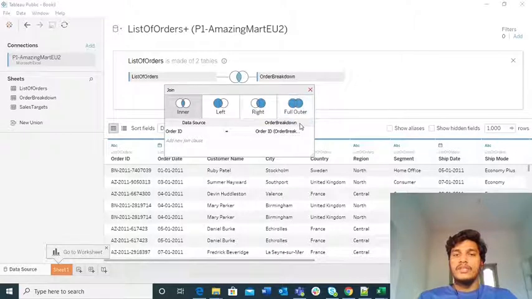In the case of a full outer join, it will print the matched records, and along with that it will print the unmatched records from the left table as well as the right table. If there is an unmatched record from the left table, there will be null values for the right table, and if there is an unmatched record from the right table, it will print null values for the corresponding left table records. So this is how the left outer join, right outer join, and full outer join work.